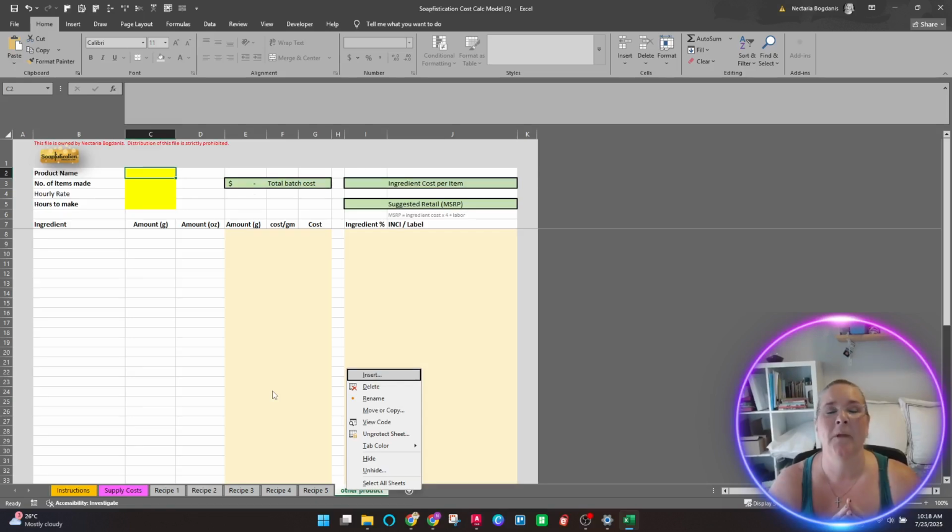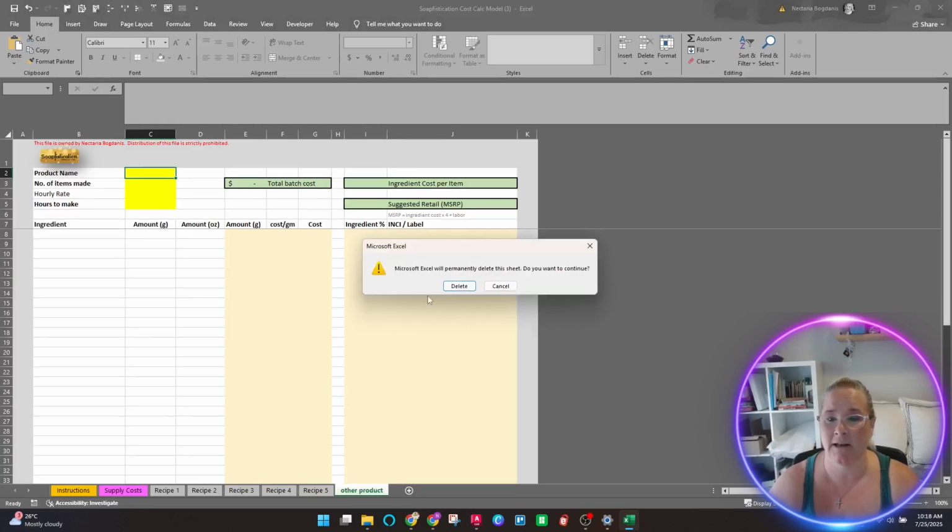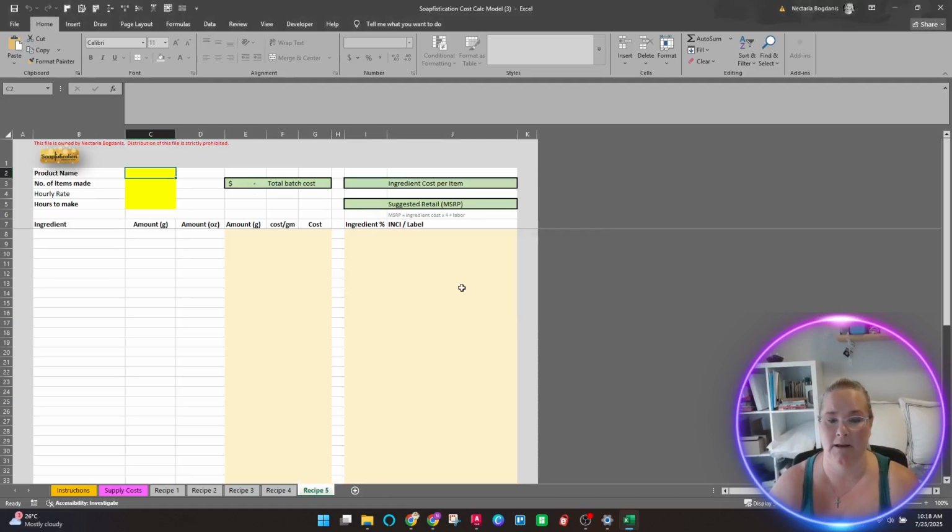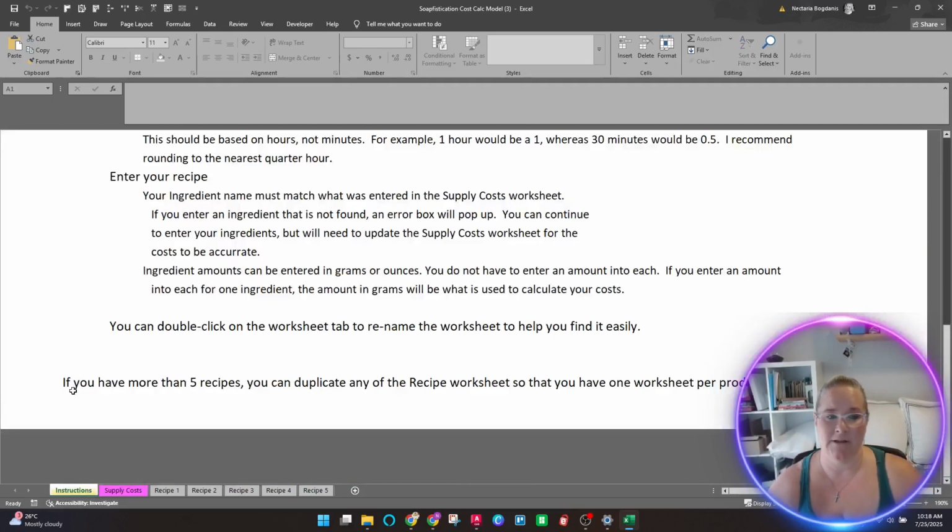You need to restart. But if you save it before you delete the worksheet, and then you're like, oops, I deleted the supply cost worksheet, you can close out of the file without saving and reopen it, and now the supply cost will be back there. But you cannot do an undo in here to get your sheets back. So I'm going to delete this worksheet, and it even tells you it will delete this. Are you sure? And I'm okay with that. Okay. So that's what this last note was all about.